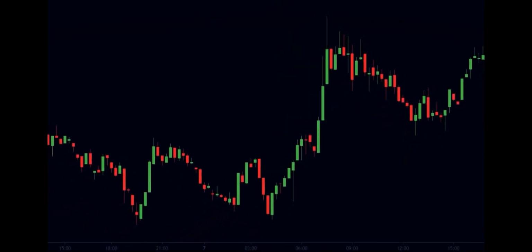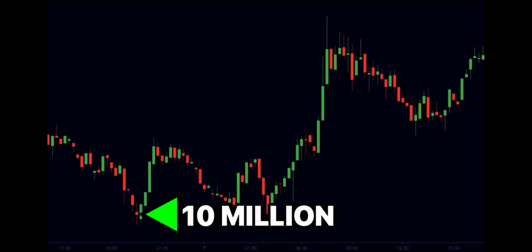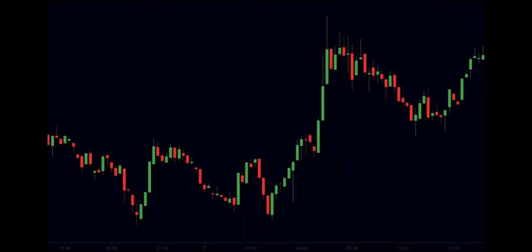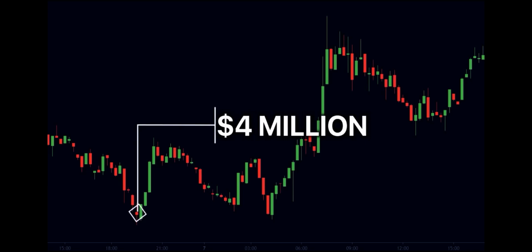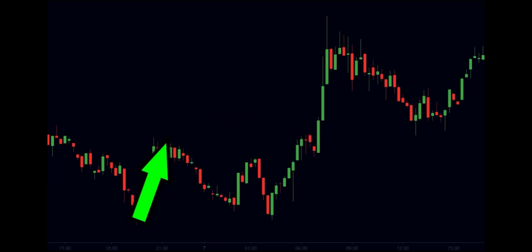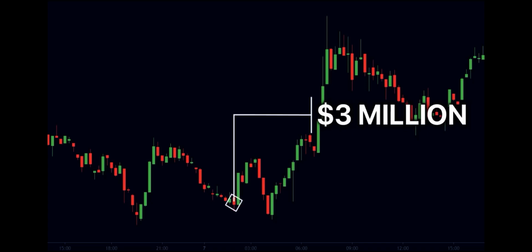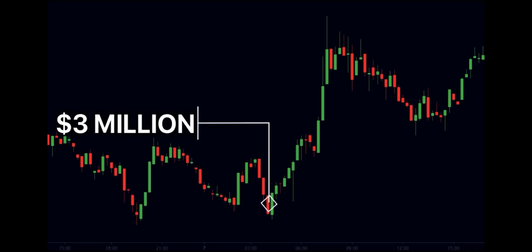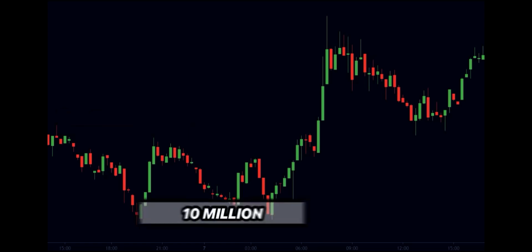Look at this image. Let us say that a certain hedge fund wants to buy 10 million worth of shares at this price. So, they divide their position into three parts. They buy 4 million worth of shares here. That pushes the price upwards. But soon enough, the price comes back near their entry. So they buy another 3 million worth of shares here. And lastly, they buy another 3 million worth of shares on this dip. So now, they have successfully bought 10 million worth of shares at the same price, without hampering the price action